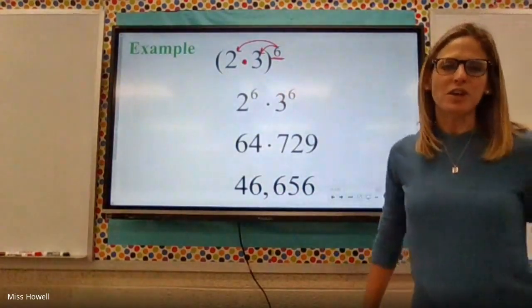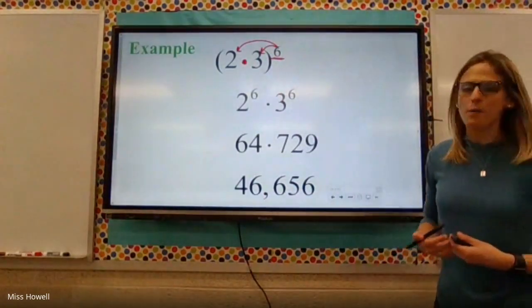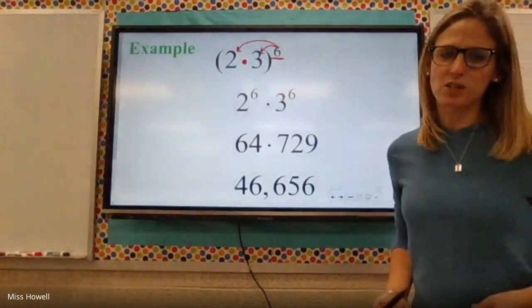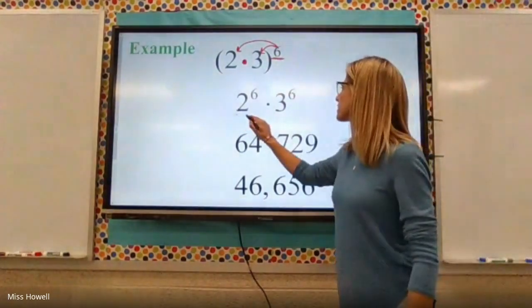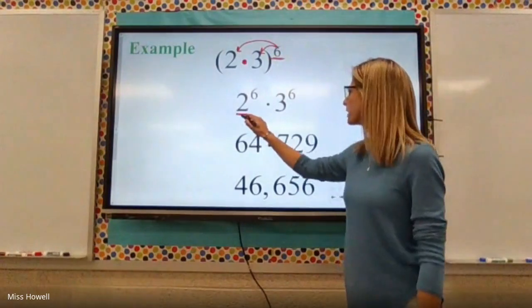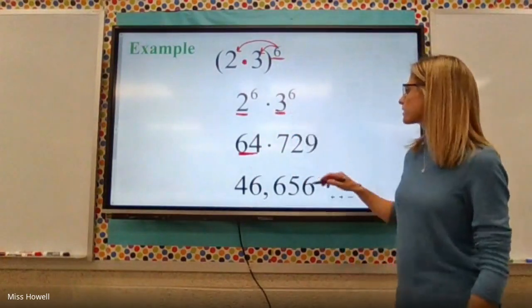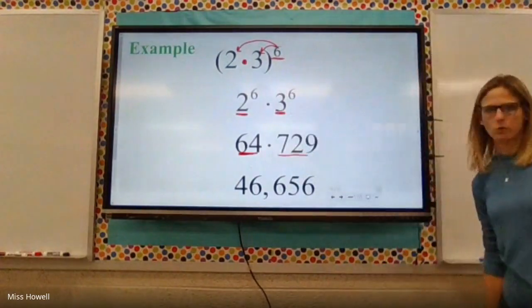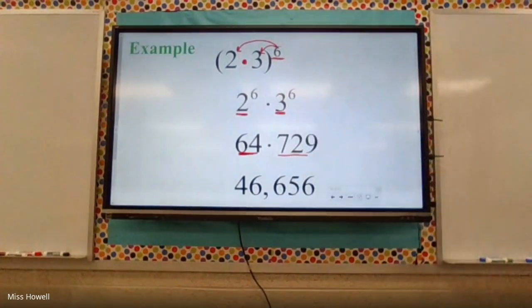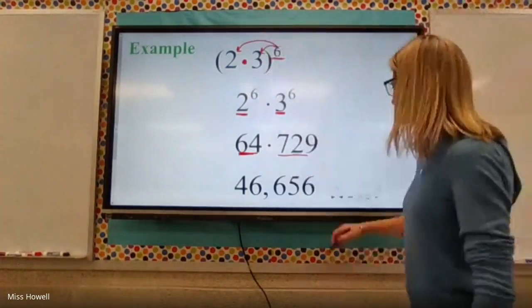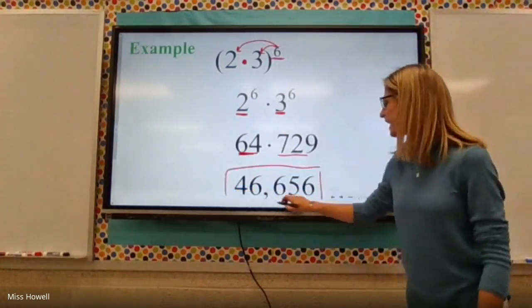All right, so starting today, I want to evaluate those powers. So this 2 to the 6th power would give us a 64. And this 3 to the 6 would give us a 729. And I can multiply that all out, and our simplified version of 2 times 3 to the 6 would give us this entire thing of